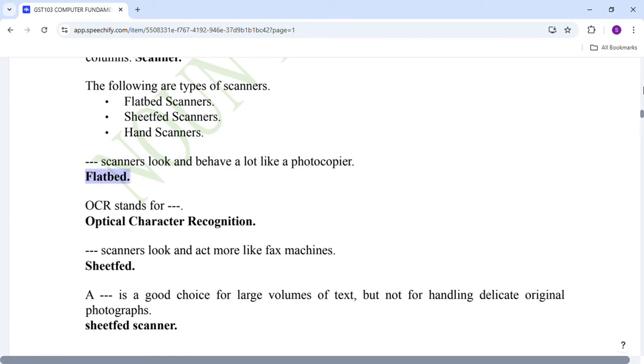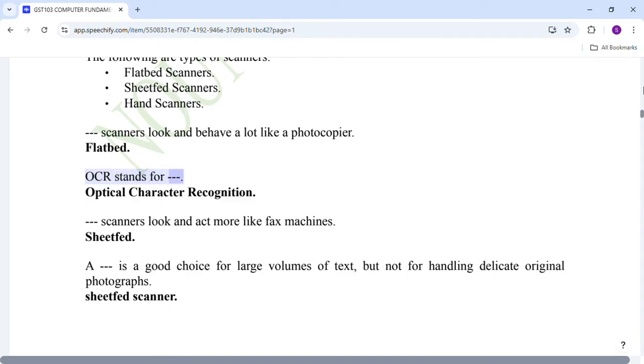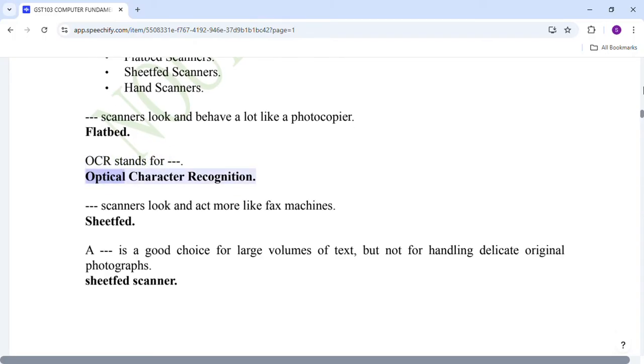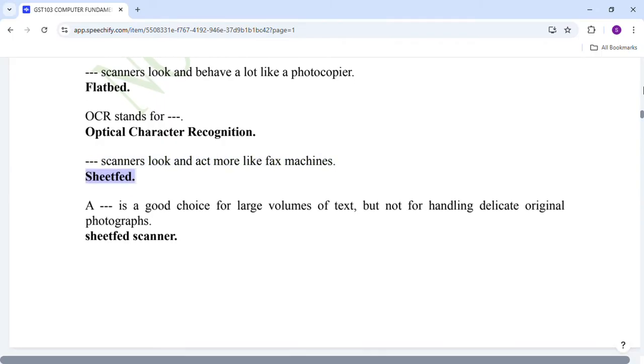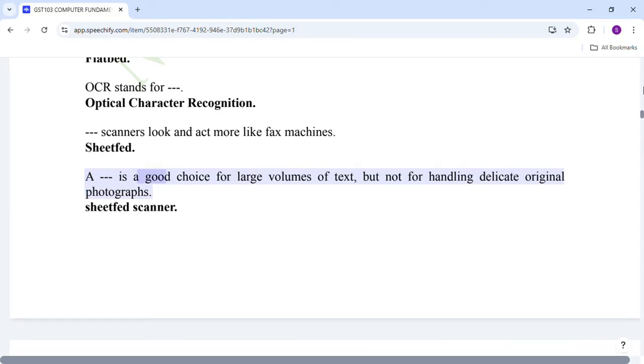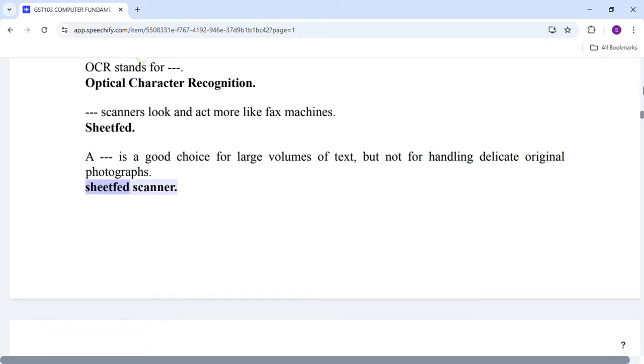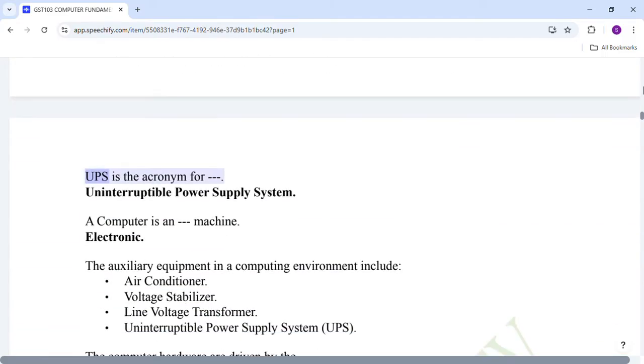Flatbed. OCR stands for optical character recognition. Scanners look and act more like fax machines. Sheathed. A is a good choice for large volumes of text, but not for handling delicate original photographs. Sheath scanner. UPS is the acronym for